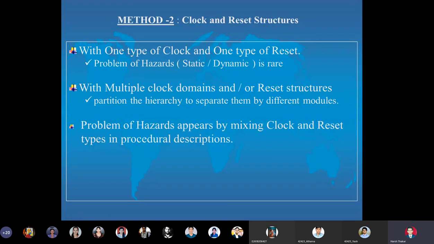So if we recall all our sequential systems for which we have written VHDL models, say for example, counters. We said that a basic counter has only a clock as an input and an n-bit output. But then we said that as we go on adding functionalities, one of the compulsory functionalities in any counter would be to have a reset and preset, right? So our counters had only one reset, one preset, and one clock. This is the standard way.